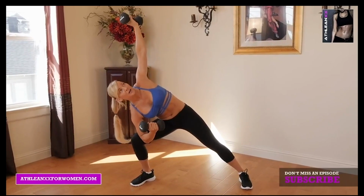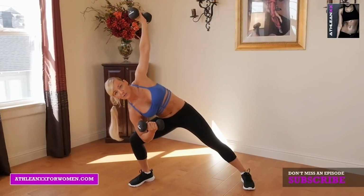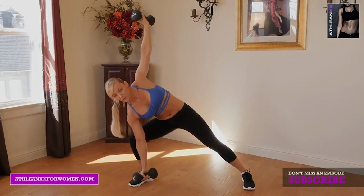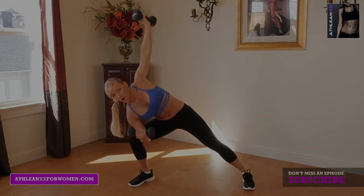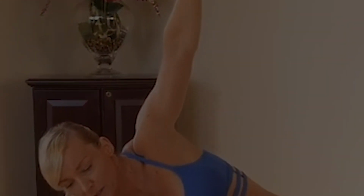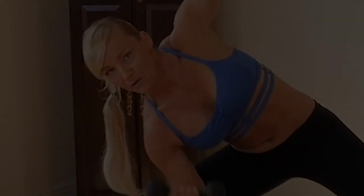Our other arm's going to be up overhead straight, and we're just going to really think about getting a nice concentration curl on that lower arm. So we're going all the way down, all the way up, full range of motion. My legs are going to